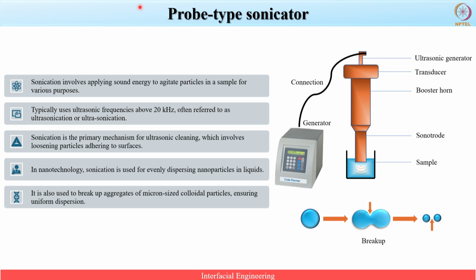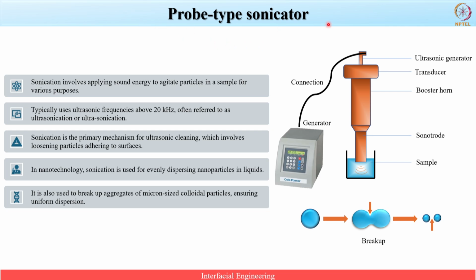Among the tools you might encounter, the prototype sonicator and homogenizer are frequently used. Additionally, you might have seen ultrasonication baths, which are particularly popular for cleaning purposes. However, prototype sonicators are most commonly used for tasks like emulsification and nanoparticle dispersion. Today, I'll provide you with an overview of the prototype sonicator and the homogenizer. We will then proceed to our demonstration part, where students will show you how to use these devices with specific samples. Let's start with the prototype sonicator.